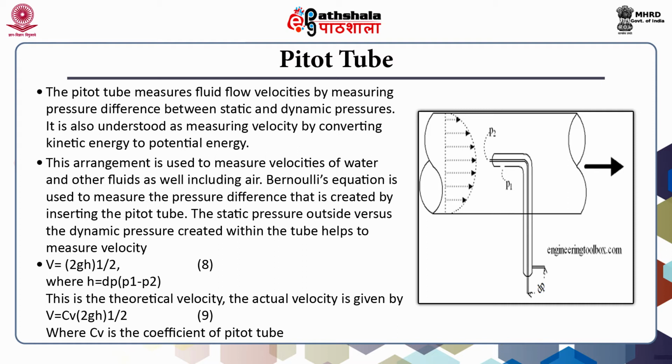As far as the Pitot tube is concerned, it measures any kind of fluid, and when I say any kind of fluid, I also mean air. So if you want to find out the air velocity and the air discharge, that too can be found out with the help of the Pitot tube. Here again we measure the pressure difference, and that is used to calculate the discharge. The Pitot tube measures very small amounts of discharge and pressure difference, so even a slight pressure difference can be measured.